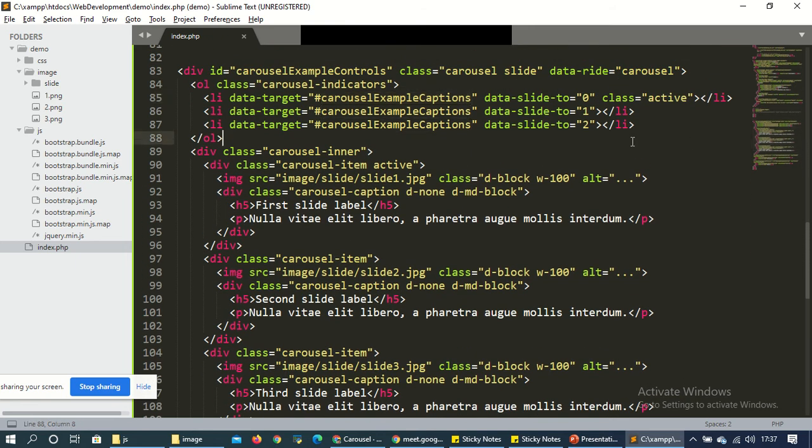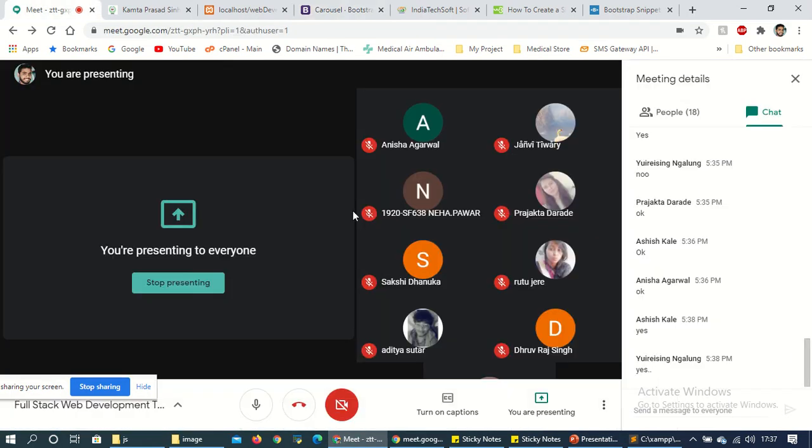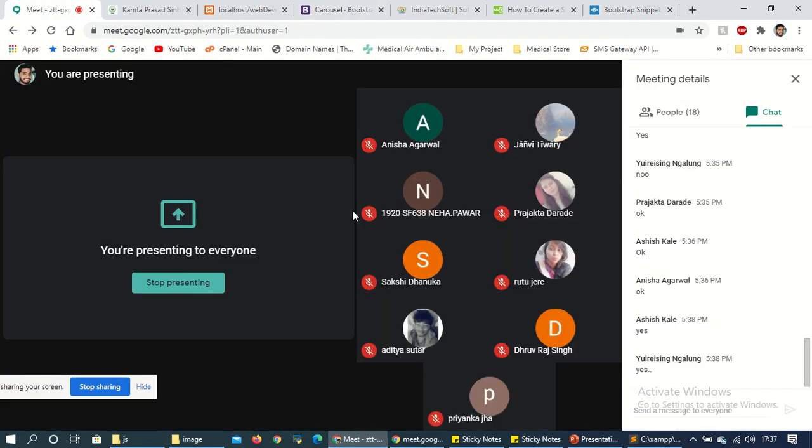Okay, we'll see. So is there any problem now in this slider or in this drop down? This is JavaScript. Okay, because we want to generate some event on that click. So at that time we require JavaScript.